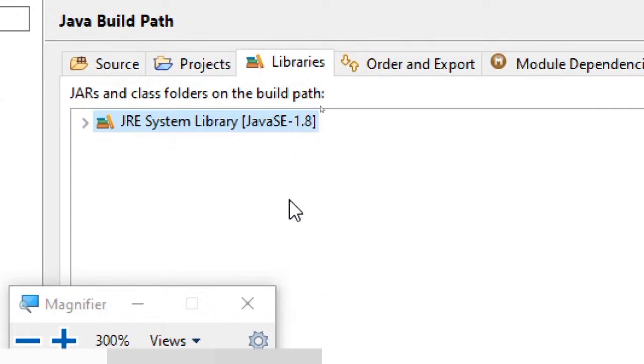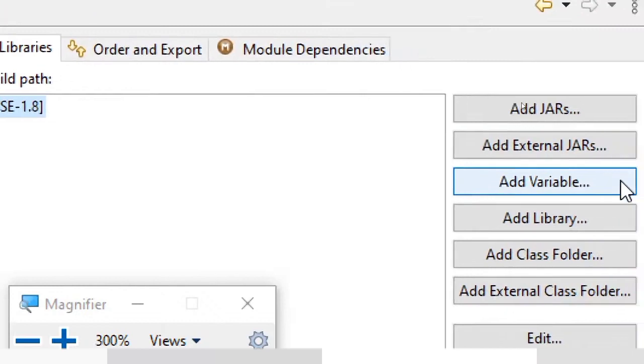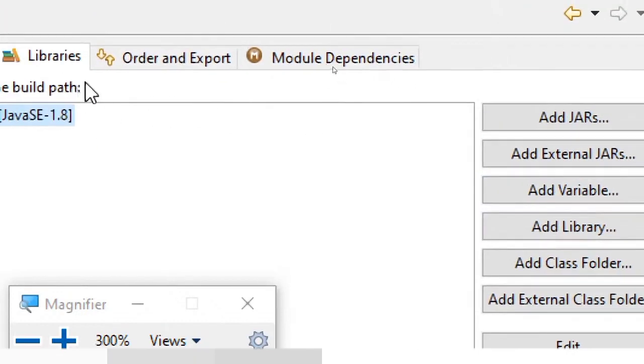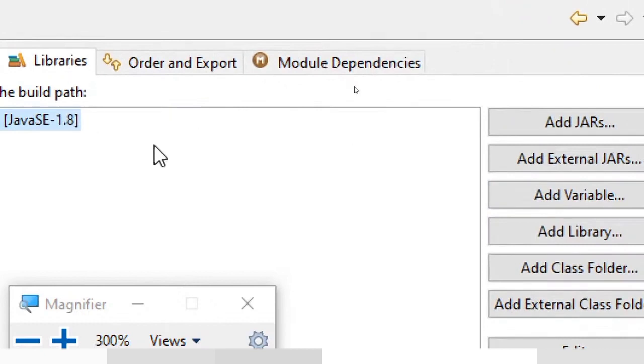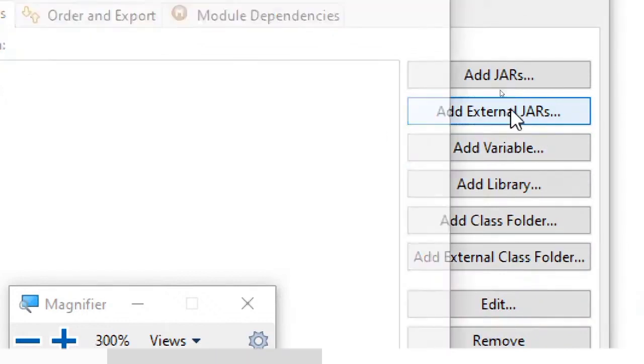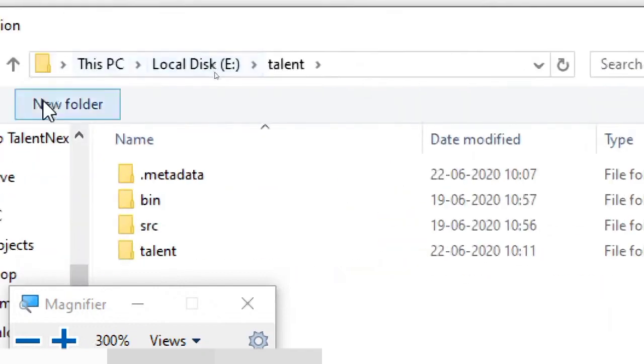So you have to just navigate like this. Here, I don't have it. If you have, you just need to make the selection. Now, if I want to add external jars, here you can see in this Java build path, if you click on this libraries tab, here you can see a button add external jars. What you have to do is click on this add external jars, and then you can see